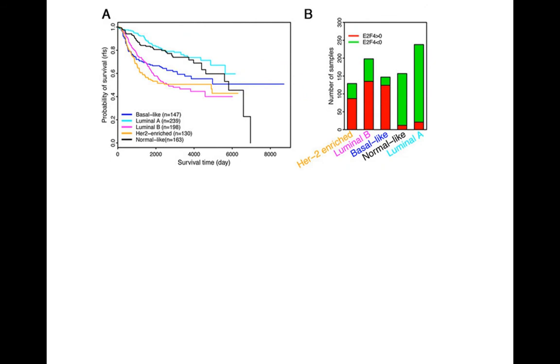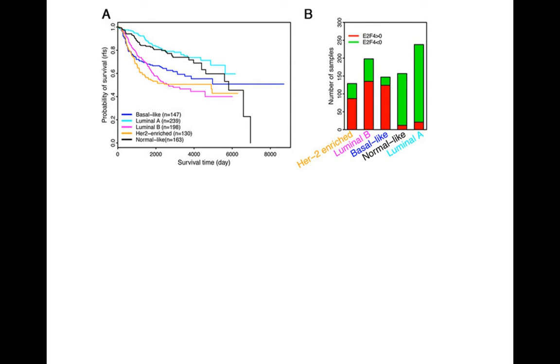We've known for a long time that patients who develop luminal A breast cancer in particular do best. This is overall probability of survival over a long period of time. The luminal A breast cancers are, first of all, the most indolent. They progress very slowly, so even patients who do ultimately die of their breast cancer take a long time to do that.